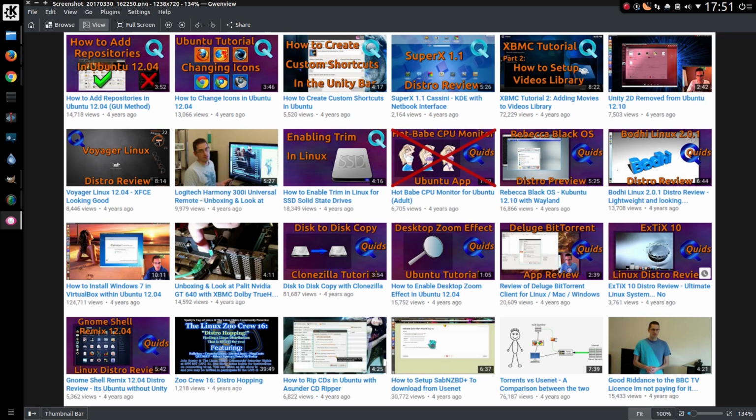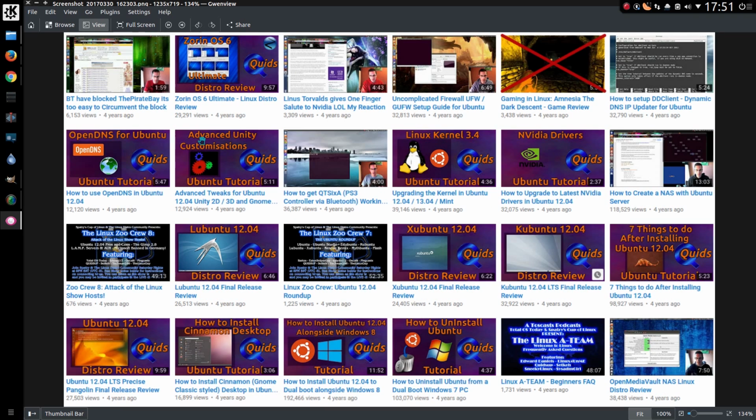So how to set up SABnzbd to download from Usenet, that's allowed. Torrents versus Usenet, comparison between the two, that is allowed. And I can talk about how I'm not paying for the BBC TV licence anymore. BT's blocking of the Pirate Bay is too easy to circumvent. Yes, that is allowed. I'm allowed to talk about how Linus Torvalds gives a one-finger salute to NVIDIA, but not